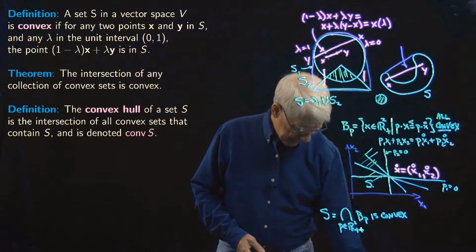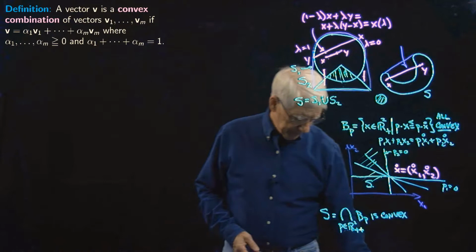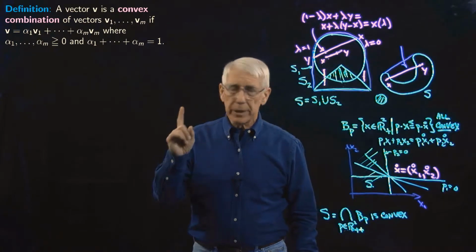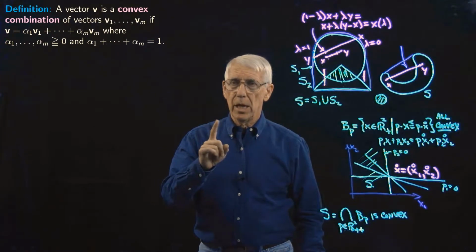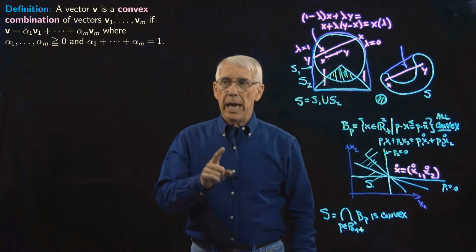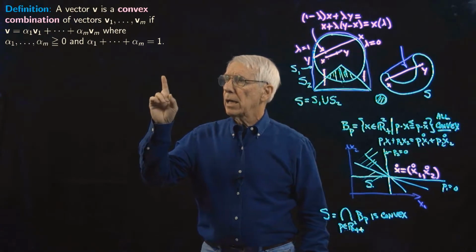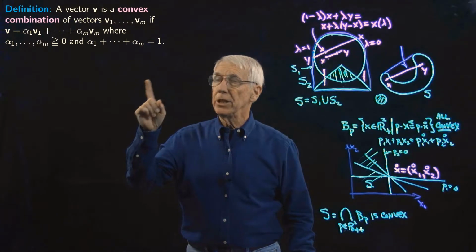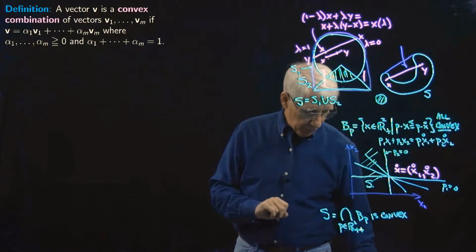And so it turns out that there is a characterization of the convex hull that is useful, and that involves the notion of convex combinations of vectors, but convex combinations of more than 2 vectors. So you'll recall